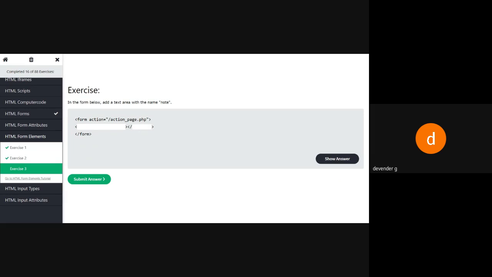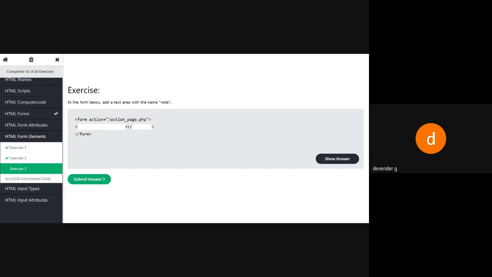Like if you remember in our Gmail, we are going to compose it. The first one will be the to address, then the second one will be the subject, and the third one is the box where we write the paragraph and everything, and then click on the submit button. So to whom you want to send, you have the to address. Then the title of that particular message, you have the subject. So those two are text boxes.